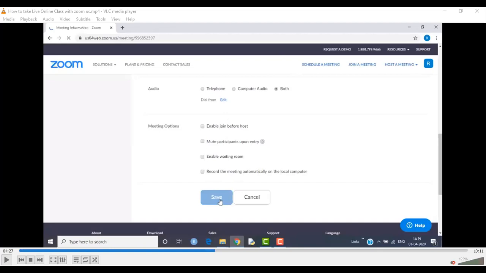Record the meeting for your proof, for your evidence, for yourself. If required, we can use these to go back and see which doubts we cleared, and in case anything took place, we have evidence for it. Also, some mobile phones, like my mobile phone, did not have a record option in the Zoom app.